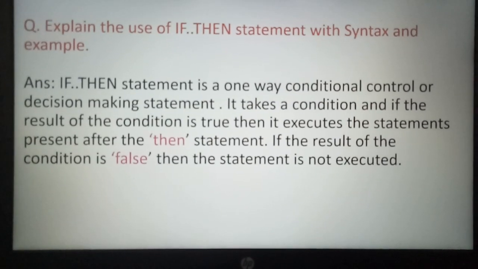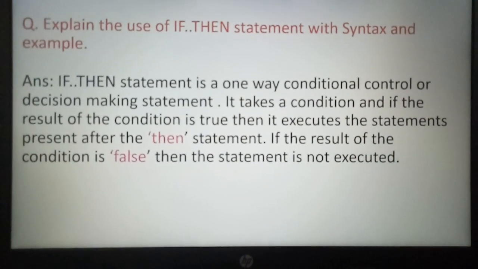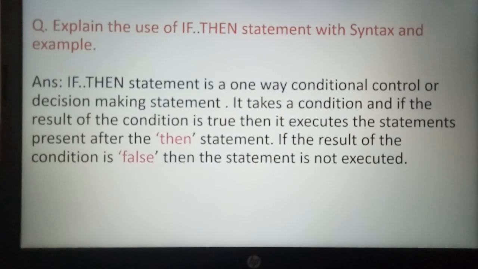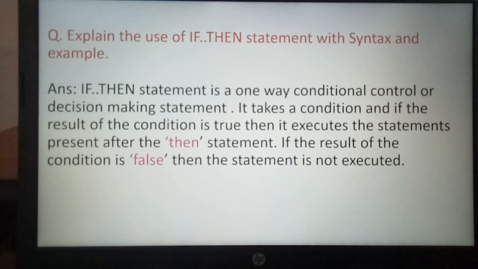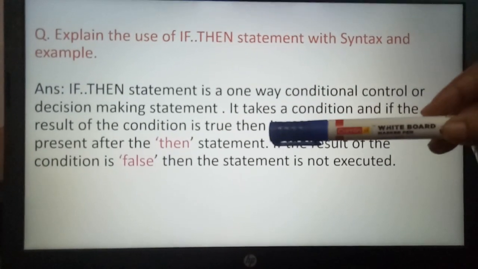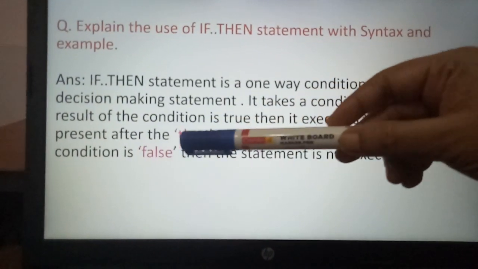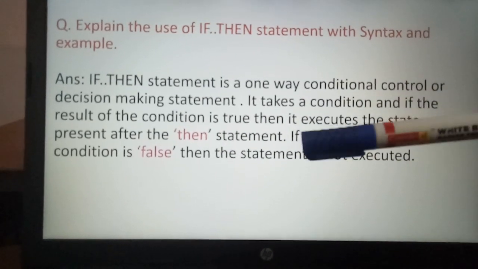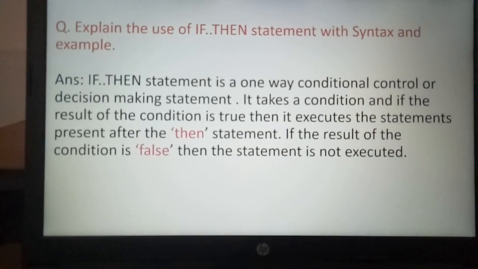This could be a question, and the answer is, the if-then statement is a one-way conditional control or decision-making statement. It takes a condition, and if the result of the condition is true, then it executes the statements present after the then. If the result of the condition is false, then the statements are not executed.